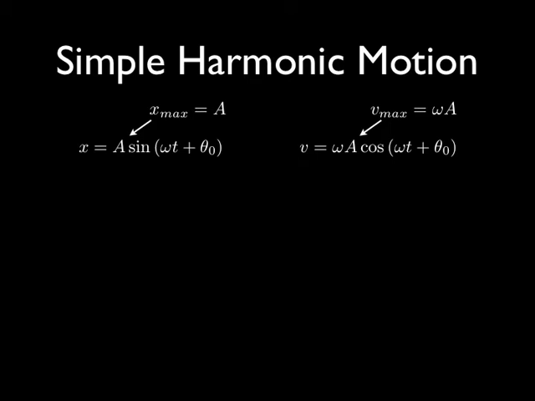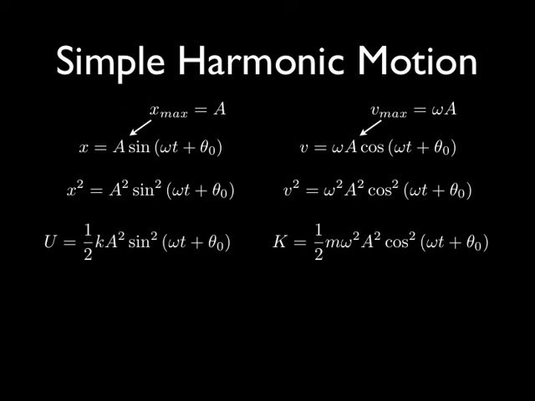I'm going to square both of these: take x and make it x squared, and take v and make it v squared. My reason for doing this is because x squared is related to the potential energy of the elastic force, and the kinetic energy goes as v squared. So the elastic potential energy, 1/2 k x squared, is 1/2 k A squared sine squared(omega t plus theta naught). And the kinetic energy at any given time is 1/2 m omega squared A squared cosine squared(omega t plus